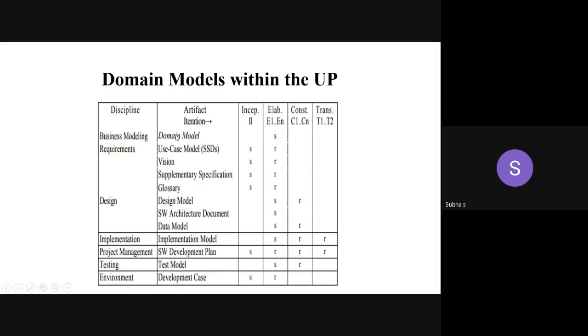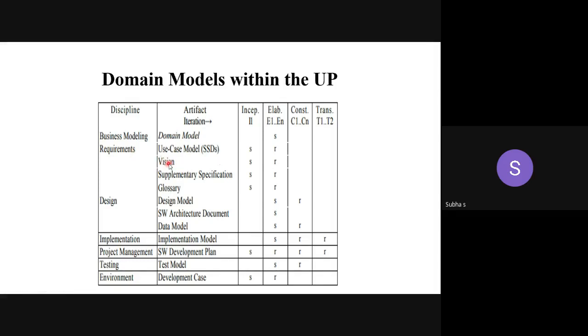So these are the artifacts. The domain model is an artifact. We saw 7 to 8 artifacts in the elaboration phase. These are the general artifacts that are used in each phase. So use case model, vision, supplementary specification, glossary, all these four artifacts are needed during the requirements stage. In the bracket it's mentioned as SSD, which is nothing but system sequence diagrams. We'll see at the end of the second unit how you are going to relate the use cases with the SSD. Then in the requirements phase, you must be aware of what?